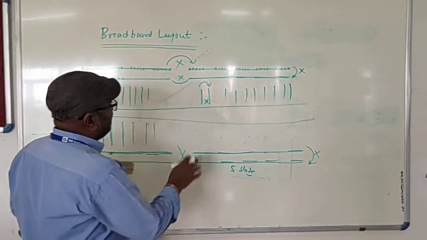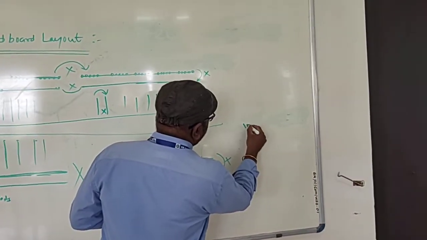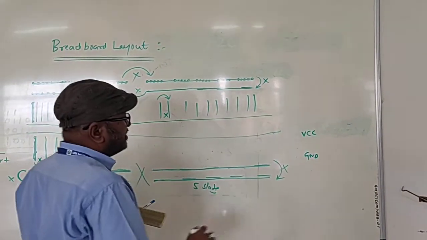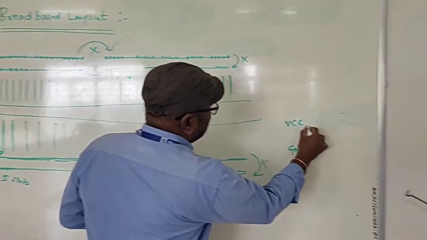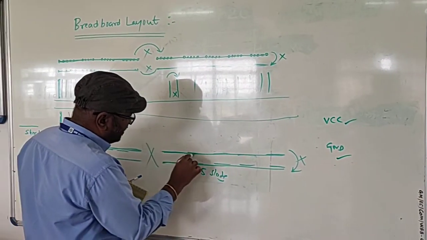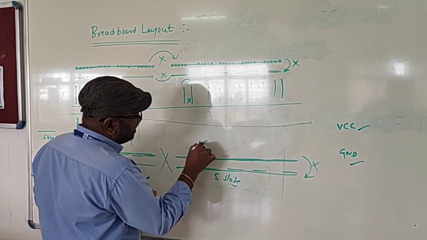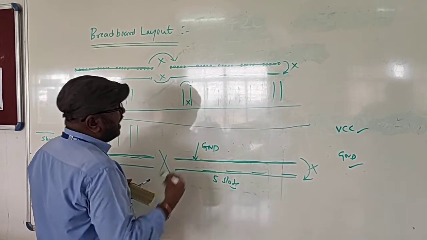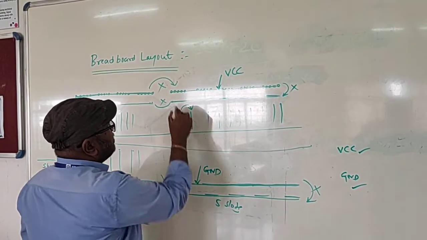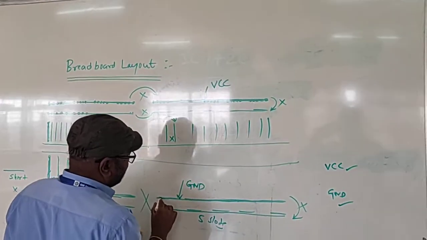Now, usually in a breadboard connection, you require a larger number of slots for VCC and ground. So it is preferable to use this path for VCC, and for this one, the horizontal path, ground. This path is usually for ground, and this path you usually make for VCC, because you get more points here for VCC and ground.